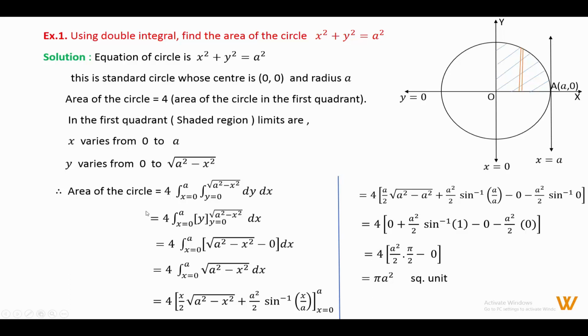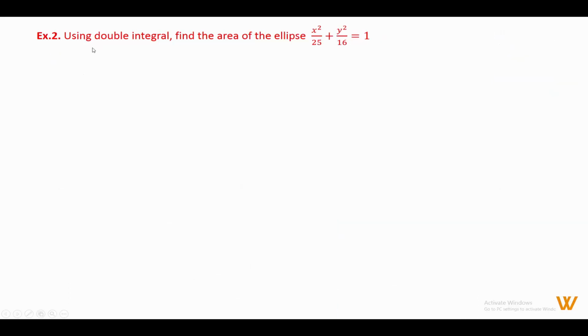This is the area of this circle, so write down square unit. Area of this circle is pi a square unit. Answer. Example second, using double integral, find the area of the ellipse x square by 25 plus y square by